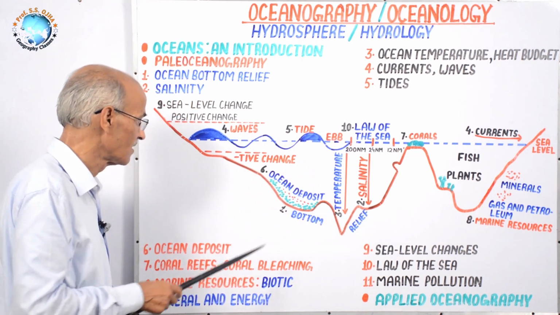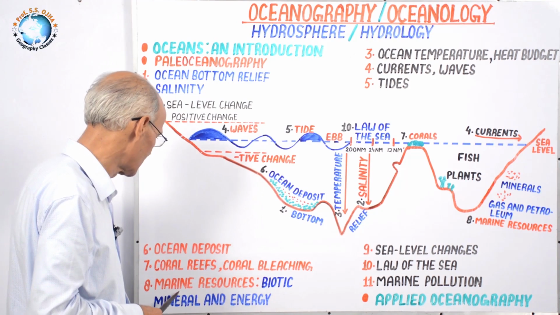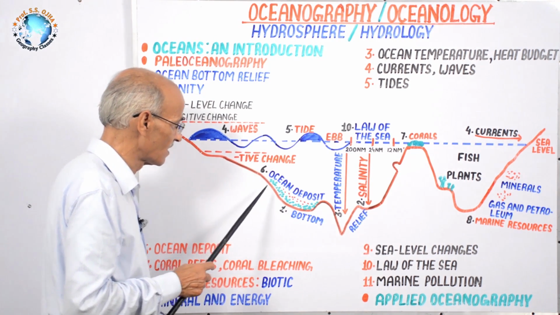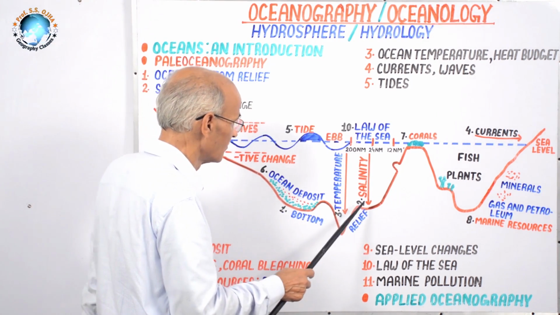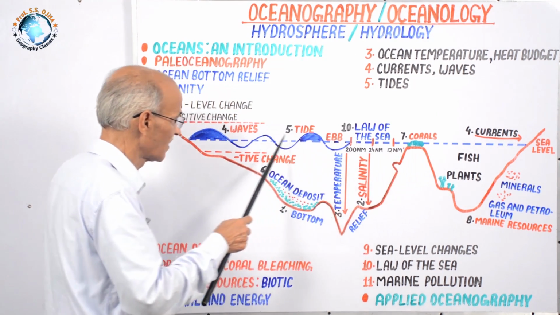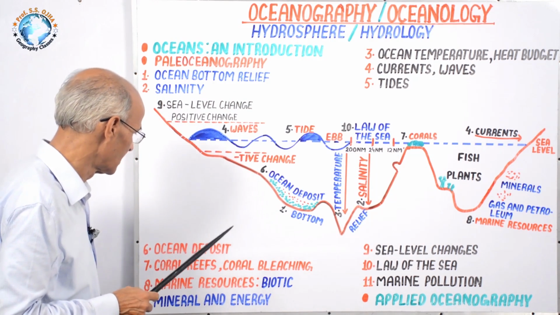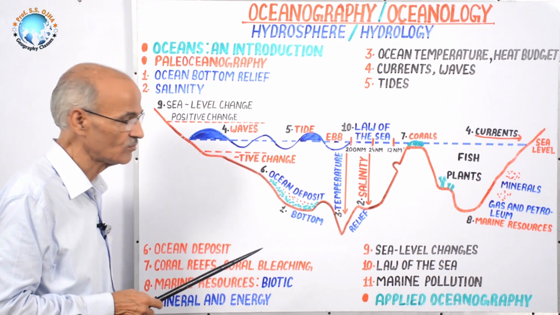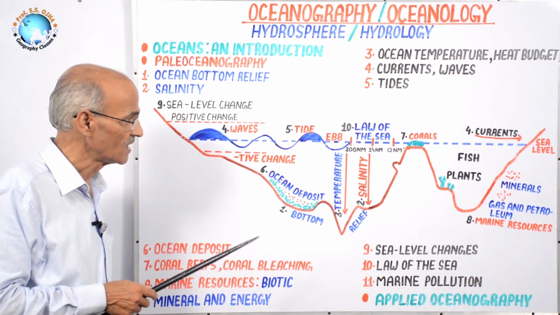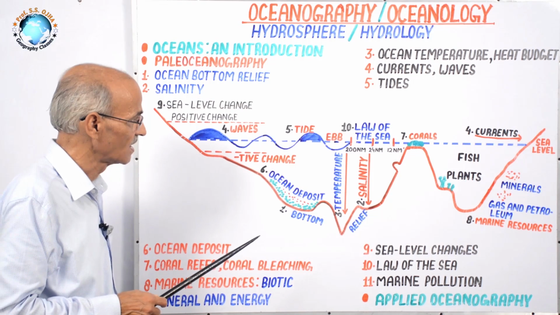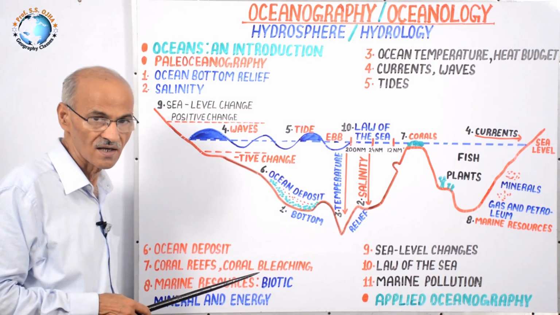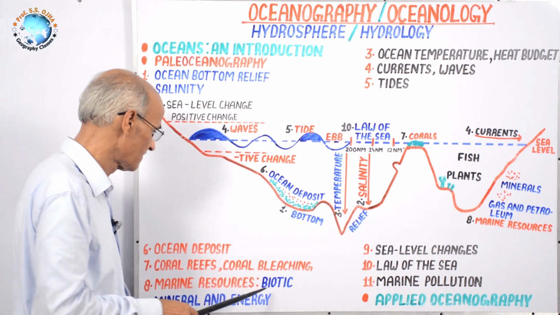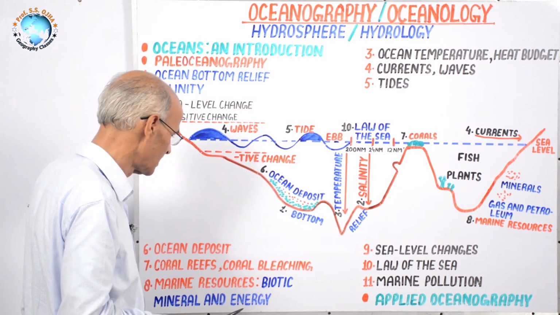and a number of efforts by national and international governments have been adopted for protecting them. Next point is marine resources, and if you have traveled along the bottom and over the sea level, then man is greedy for energy and resources, and man is identifying a number of marine resources. The main resources are biotic, mineral and energy.